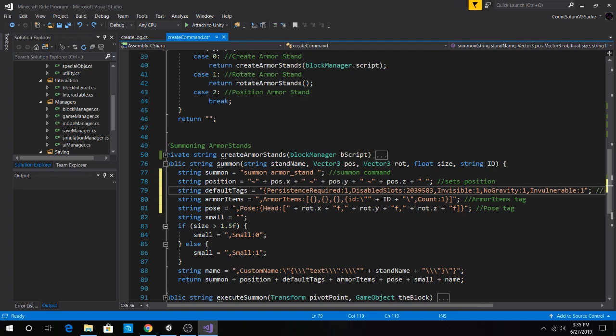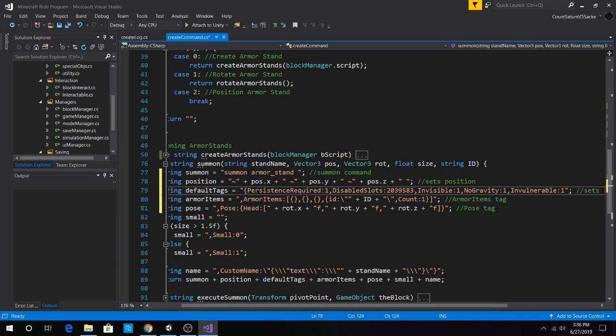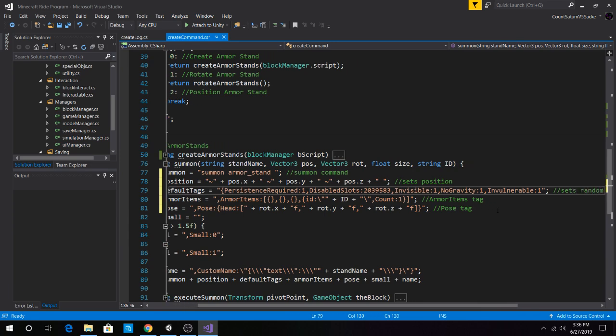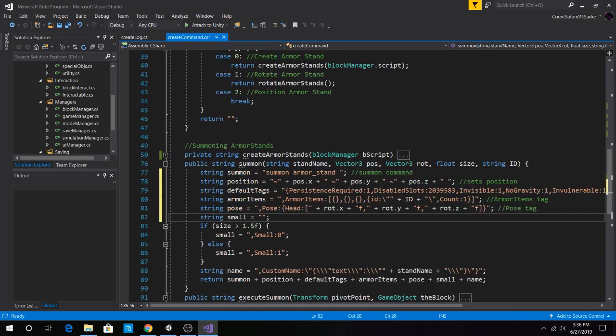Anyway, so here this one sets random tags. Okay. And the other one, because the other one has been broken for small. This one